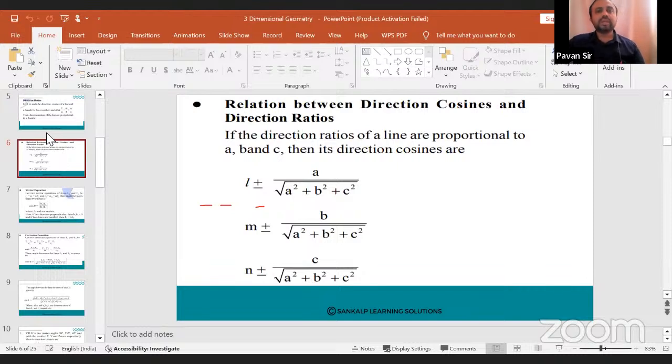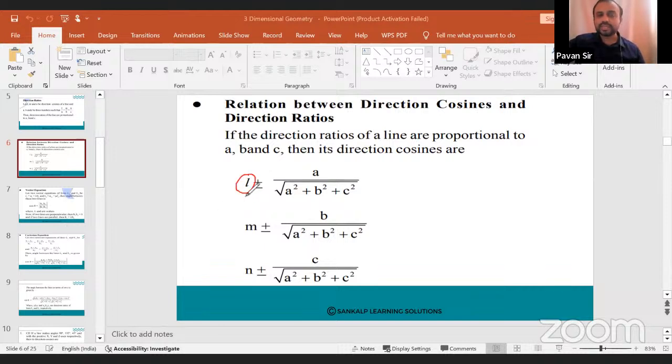Next, the relation between the direction cosines and the direction ratios. What is the relation between them? That is, what is the general formula to relate the direction cosines and the direction ratios? If the direction ratios of a line are proportional to a, b, and c, the direction cosines are, for example, l is